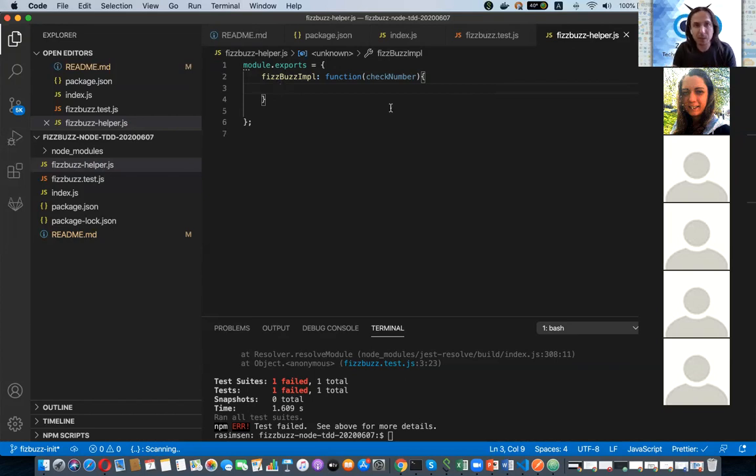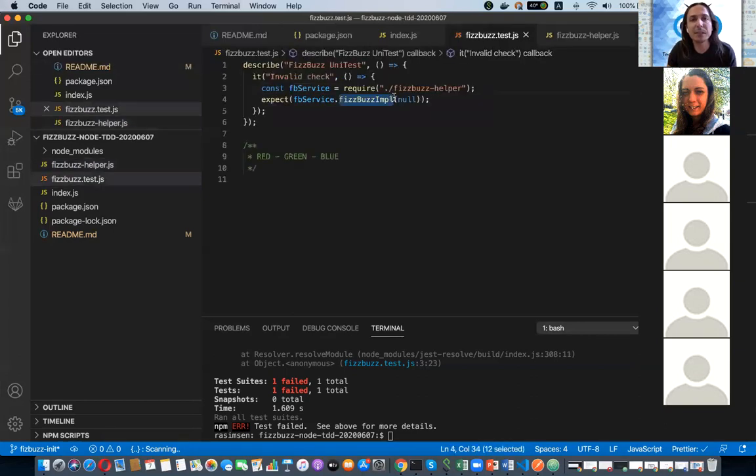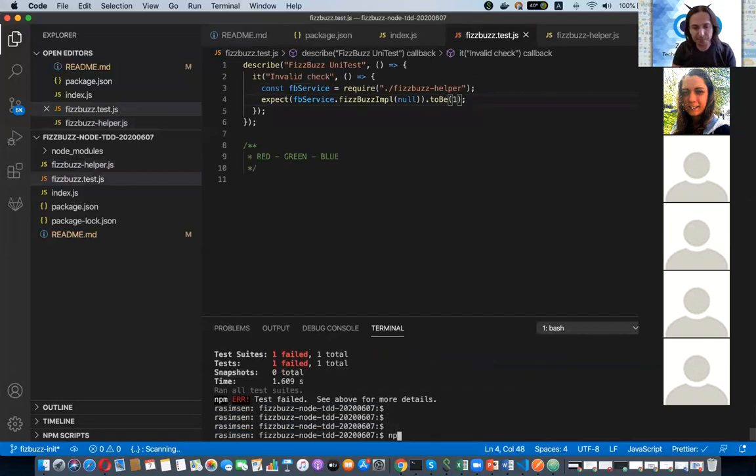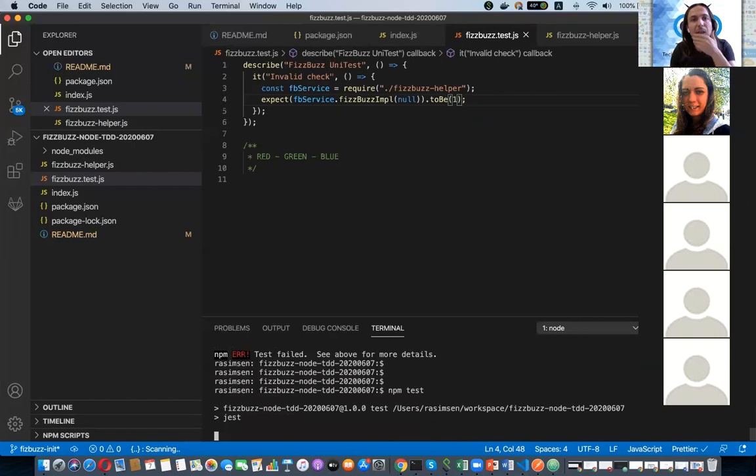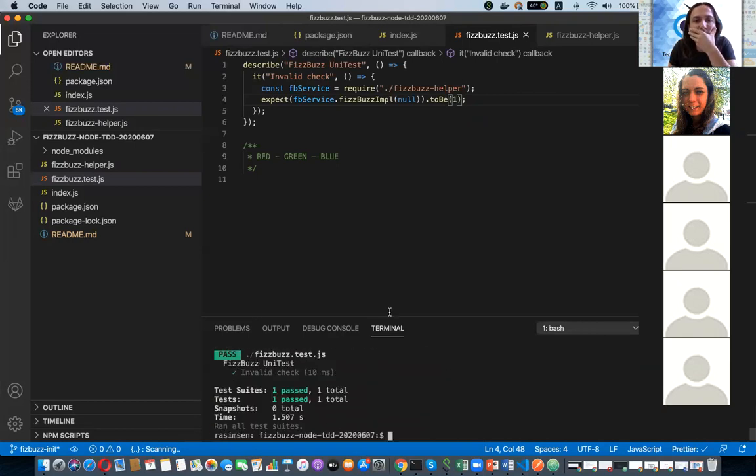So return, for example, you can return anything. Return, for example, 1. Okay. Let's go to test. And like this to be 1. Let's test again. NPM test. As you see,